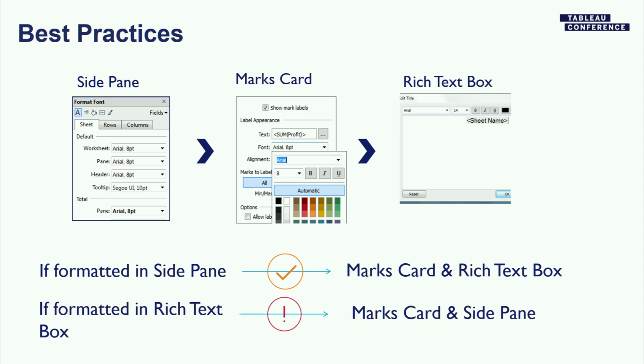Doing things in the opposite direction is not always advised. That's because if you start to edit or make changes in your rich text box, and then you go and try and apply something like a workbook level format or dashboard level format, then this won't carry through to that rich text box. So you want to make sure to go in the correct order when it comes to formatting. All right, let's jump into desktop and actually see what this looks like.